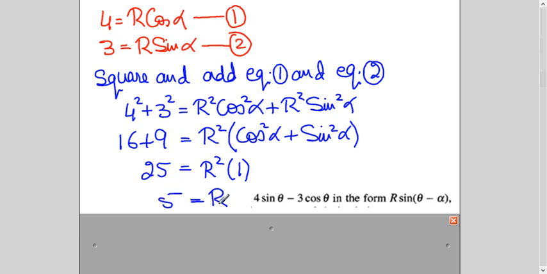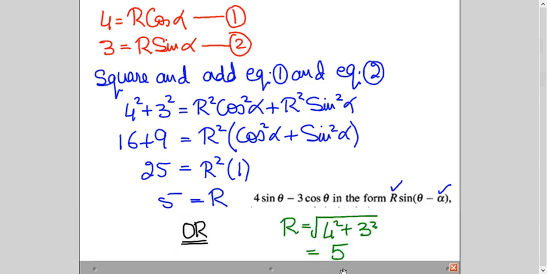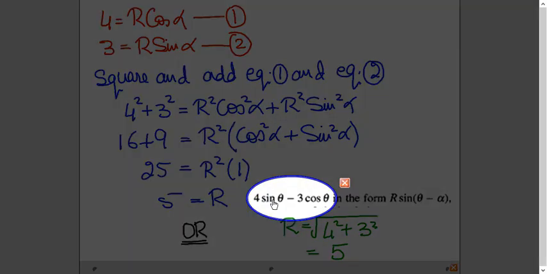So now we have r and we have alpha, and we have to bring this question into this form. So we will plug in the value of r and alpha, and we will get the form, right? Oh, by the way, the second method is, rather than going through all these steps, the technique to find out r is, whatever the question is given to you, in this case, it is 4 and 3, right?